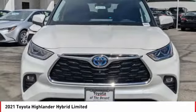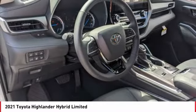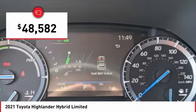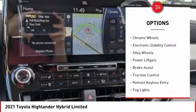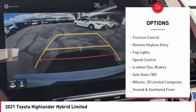powertrain. The Highlander is an excellent family vehicle that combines exceptional fuel economy and a spacious, well-appointed interior, and is priced below $50,000. Here are some of this vehicle's great options: chrome wheels, electronic stability control, alloy wheels, power liftgate,